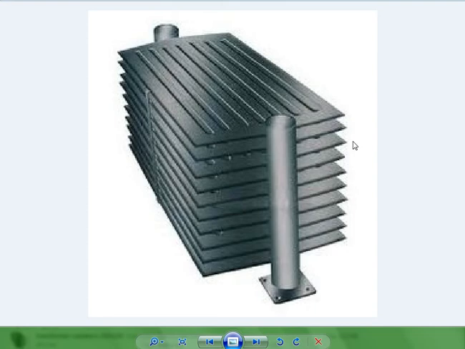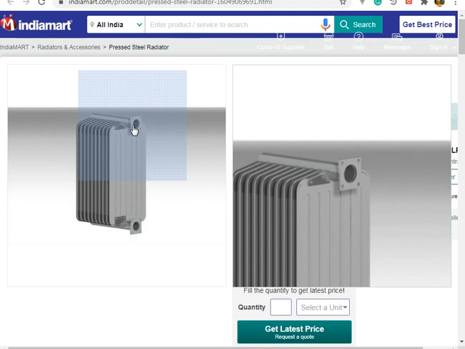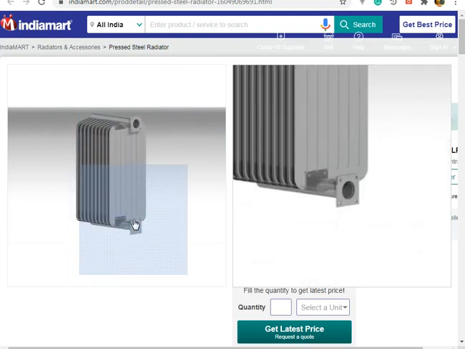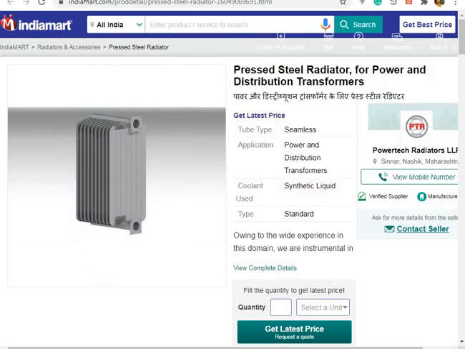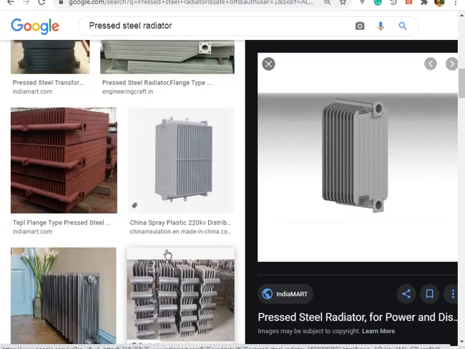और again ये लगेगा उसी तरह से जिस तरह से आपकी tubes हैं, but you are going to fit it in such a way that this is going to be the entry of the oil from here. All of the oil is going to pass through these tubes over here, and it's going to return back from the lower one. So when you are going to place this one over here, this is the entry from the tank of the transformer oil. This is the exit of it over there. So when you are going to put this one on a transformer, let me just show you.